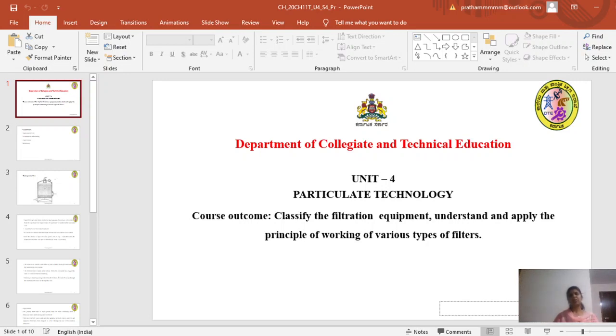In the last 3 sessions, we have learned what filtration is, the basic principle of the filtration process, the different types of filter medium, filter rates, the factors affecting the rate of filtration, the different types of filter aids, the methods of using filter aids, and the classification of filtration equipment based on whether the valuable material is the cake or the filtrate. So, having the knowledge of all these, we will move on to